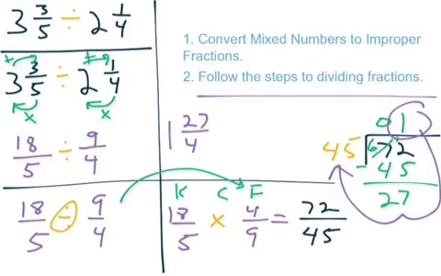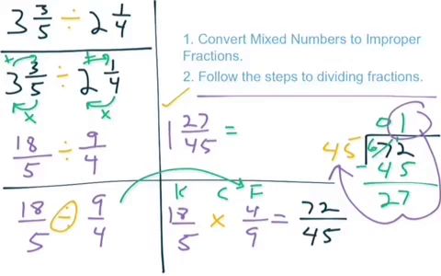over 45. And this would seem to be the answer, but remember, we always want to see if we can simplify. And so when I look at my fraction, my whole number is good. I can leave my whole number alone. But when I look at this fraction, 27 over 45, thinking of a number that goes into it, I believe both 3 and then 9. 9 would actually go into these. So if I can simplify this by 9,